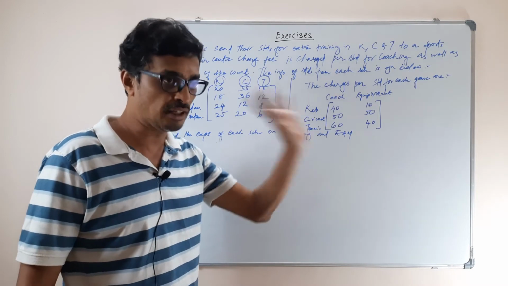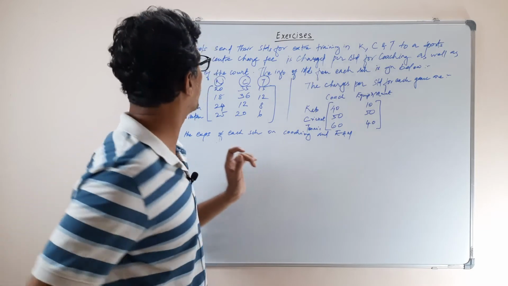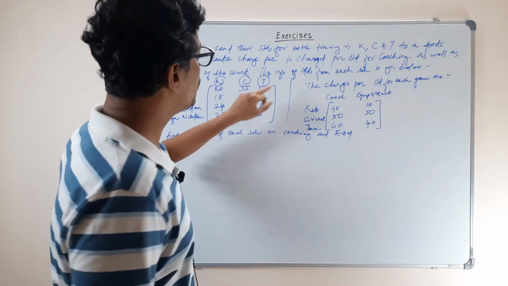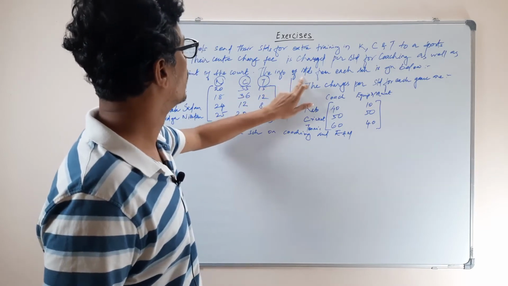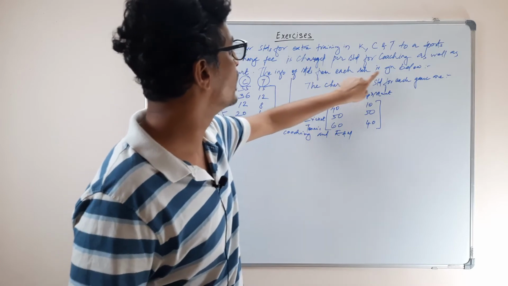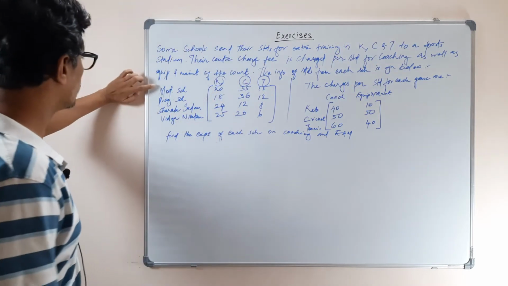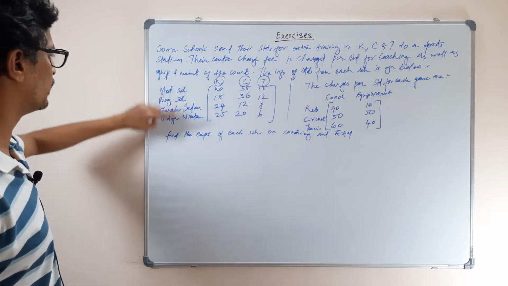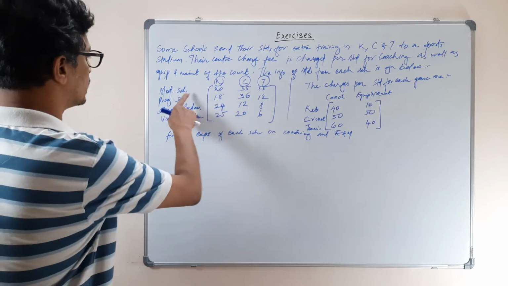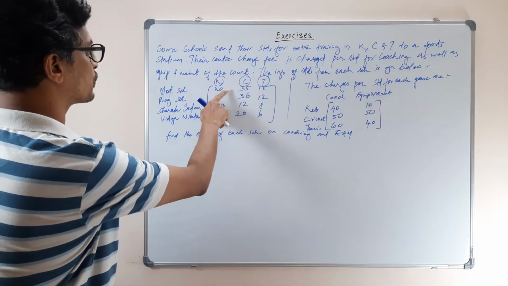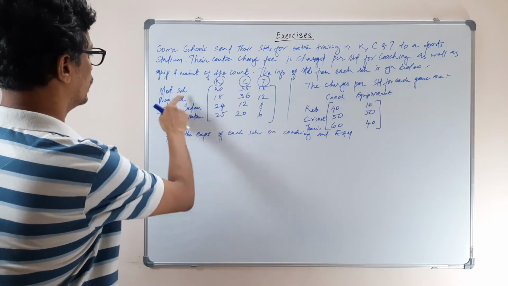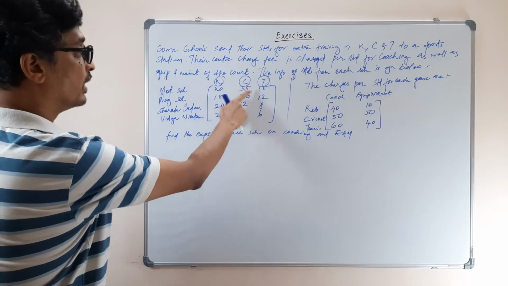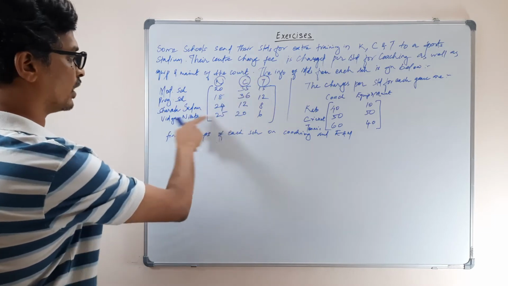That's going to be different for different games, correct? Because of course you can't play tennis on a cricket ground, so it will be different. The info for students for each school is given below: the Modern School, Progressive School, Sarla Southern School and Vidya Niketan School. This is the number of students in Kabaddi, cricket and tennis. Modern School has 20 Kabaddi students, 35 cricket students and 15 tennis students. Similarly, other schools have their own numbers.